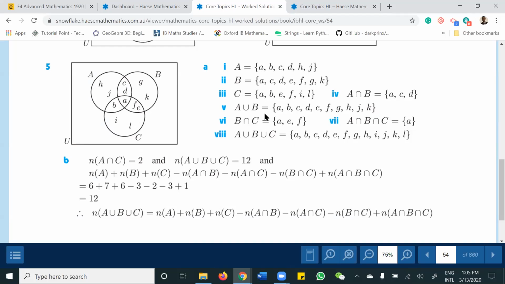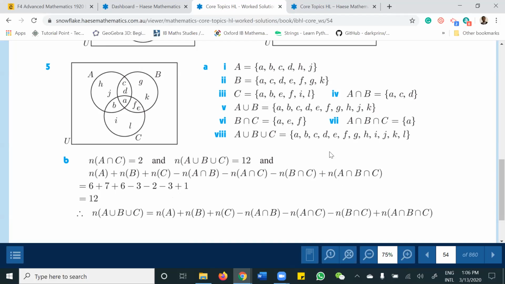A intersection C is, where is that? Okay, it's not here, so we can check. A intersection C contains A, it contains B, it contains nothing else. So A intersection C is 2. B intersection C contains A, contains E, contains F, that's 3. Then the intersection of ABC is a singleton, so that's 1. And this is 12. So this is the addition of this. Now, is it the same as A union B union C? You count, there are 12 as well. So yes, it's correct. So this is a set formula for 3 subsets.